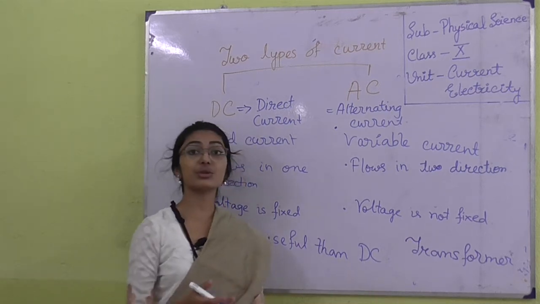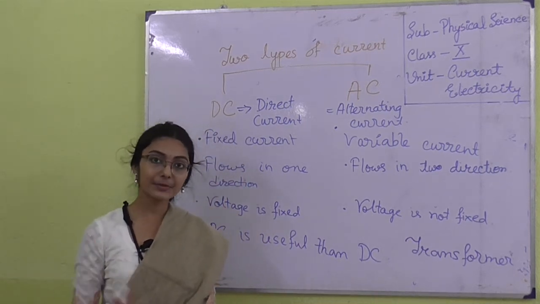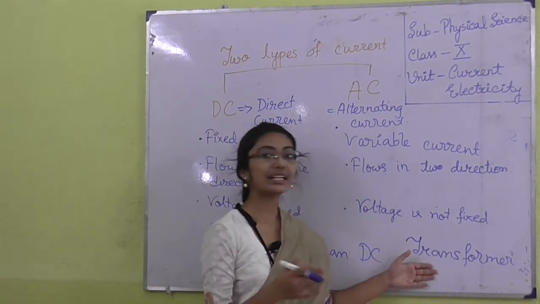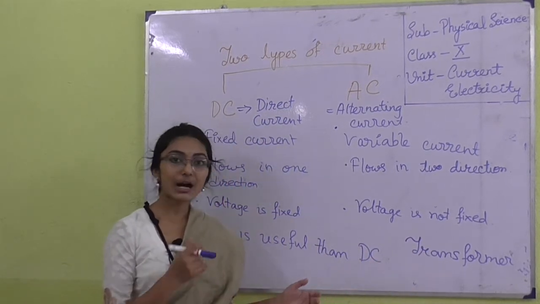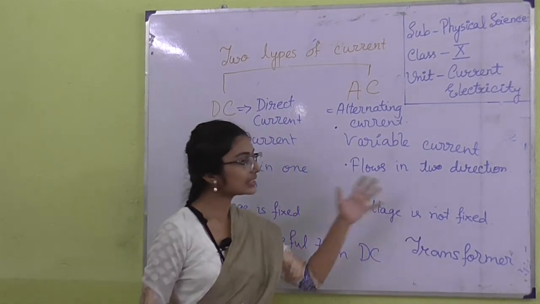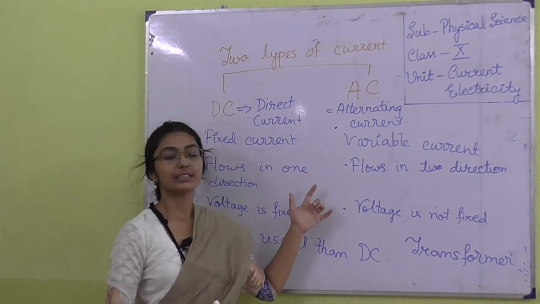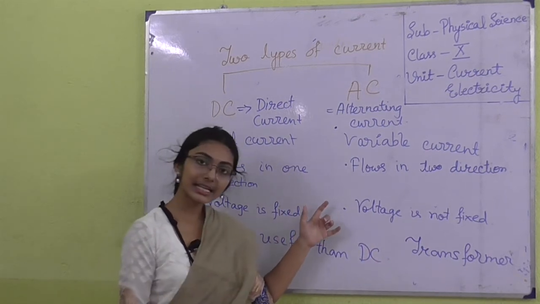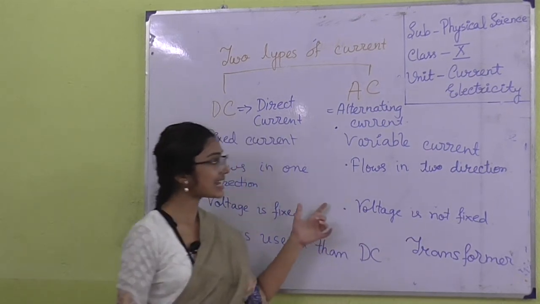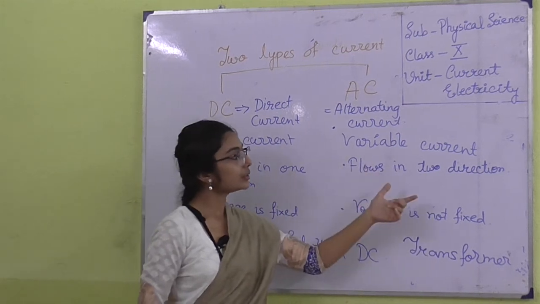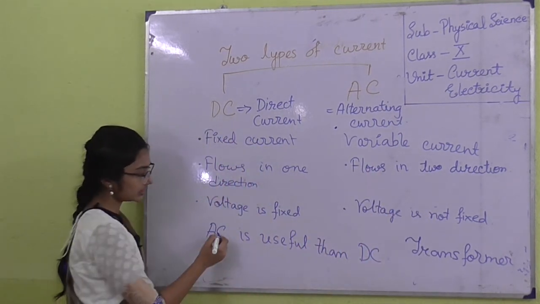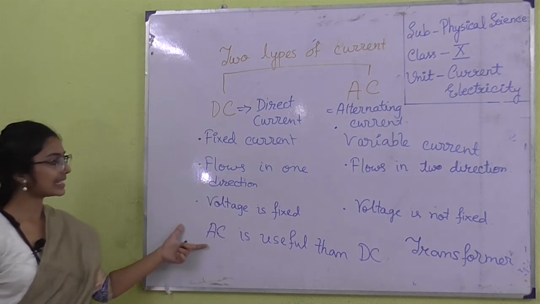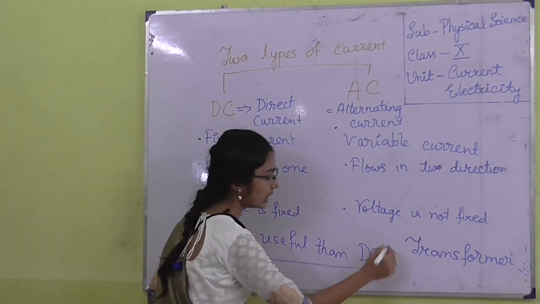The transformer that is used to increase the voltage is known as a step up transformer, and the one used to decrease the voltage or EMF is known as a step down transformer. So, by using a transformer, we can change the voltage of alternating current in that circuit, and so the current will also be changed. It is very clear that AC is always more useful than DC.